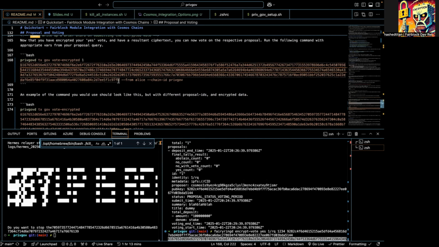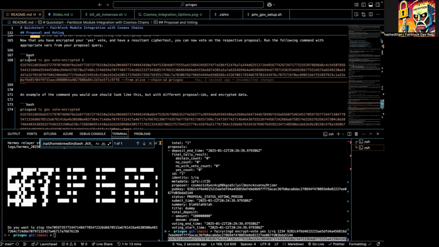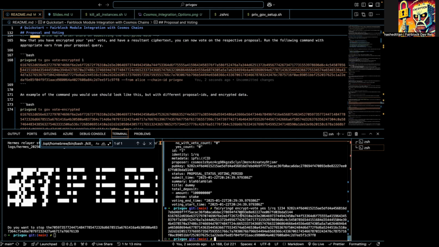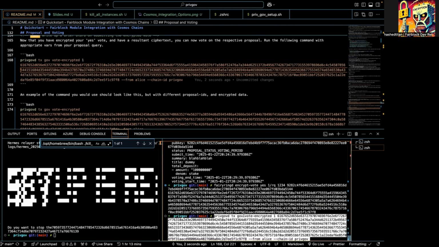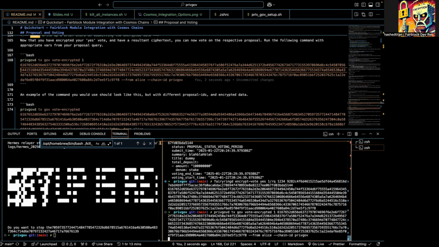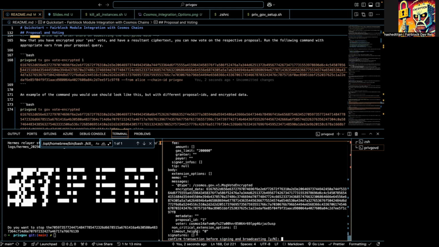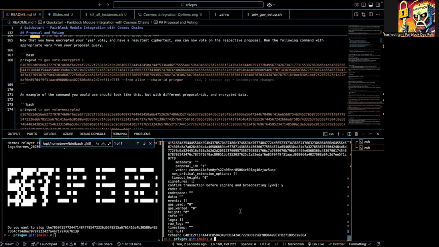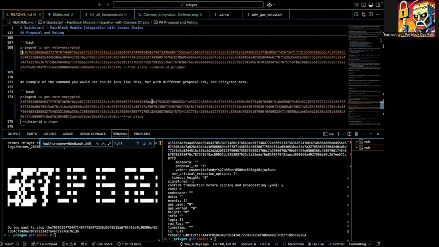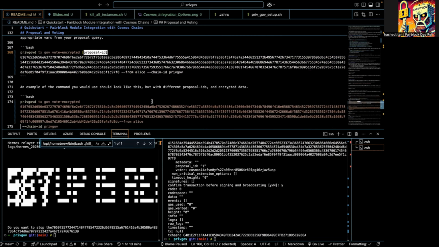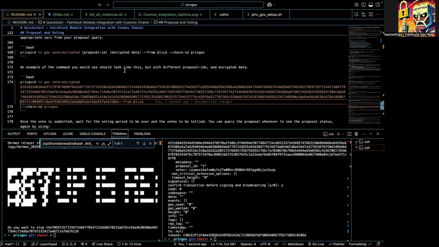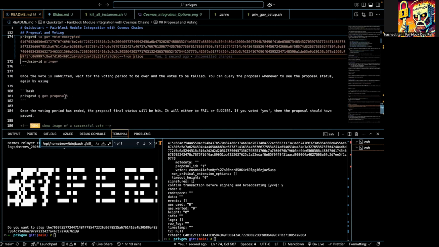Sometimes when you're working with Mac versus Linux, you can have oddities occur in the spaces by default. So just be wary of that if you start having any issues. But here we go. We'll submit that. Okay, it's saying confirm the transaction before signing and broadcasting. Good to me. And now I'm going to remove this so it's still just generic. But now we can query the votes one more time